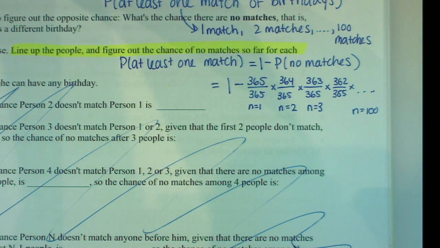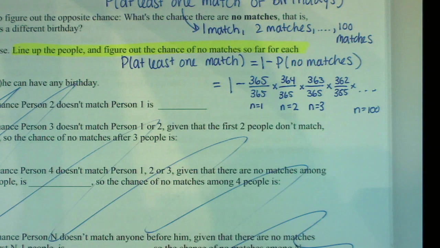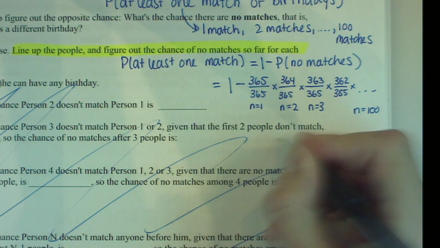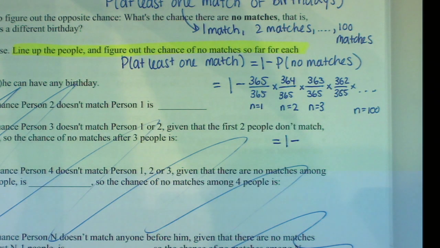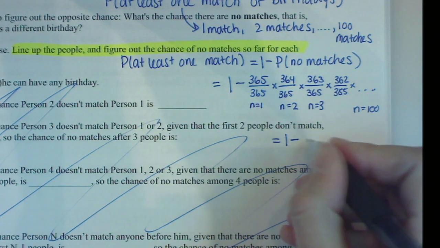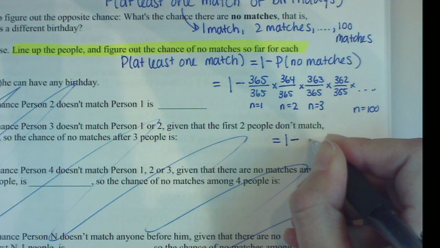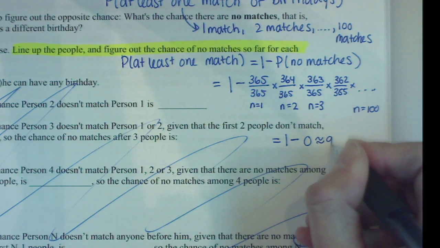So I would never make you guys do 100 probabilities on a test, but you could technically put all of these into your calculator. I would definitely use a program to do this because I don't want to type that long. When we do this, we're taking all these probabilities and multiplying them together. So essentially what we get is 1 minus, when I multiply all these probabilities, it's really, really close to 0, a really small number. So it's 1 minus about 0, and this ends up being